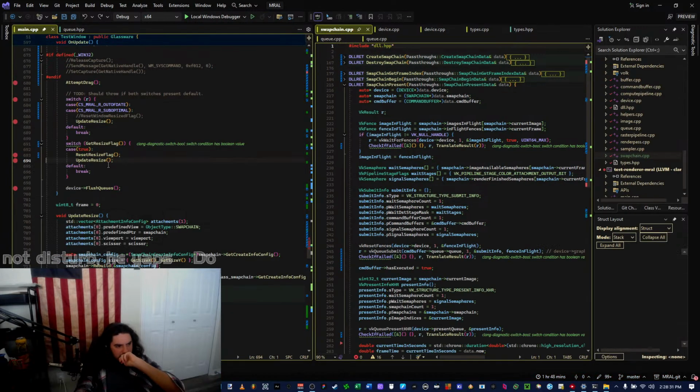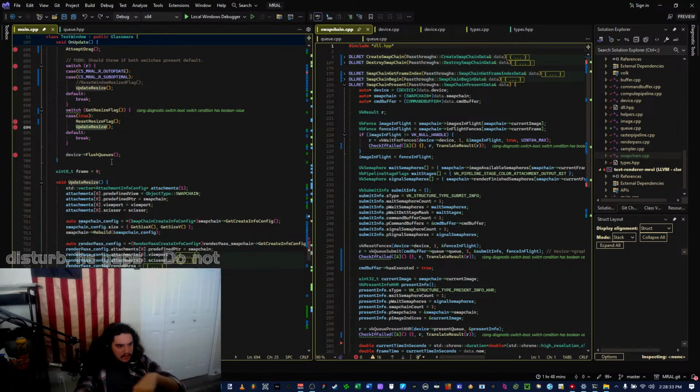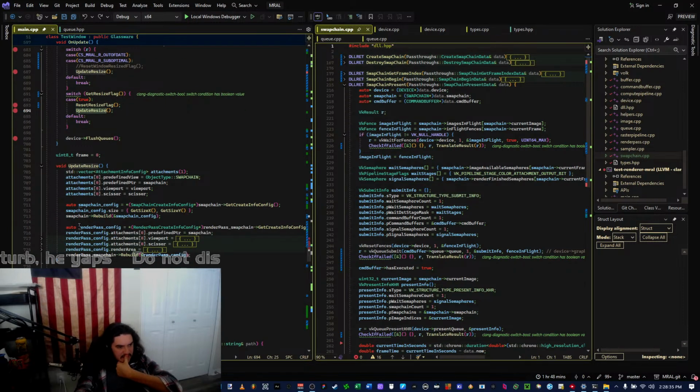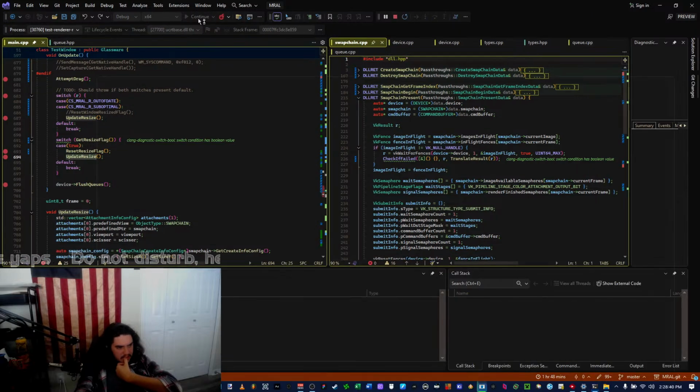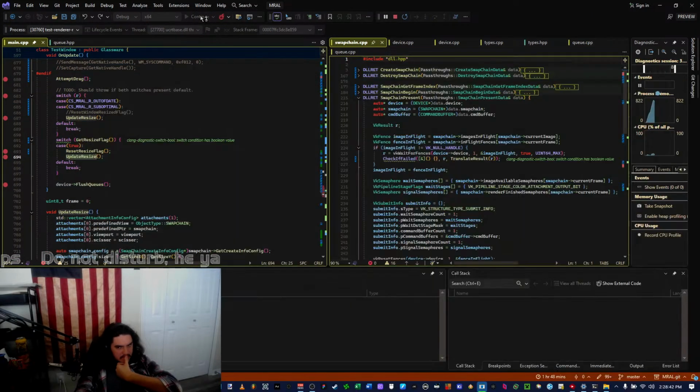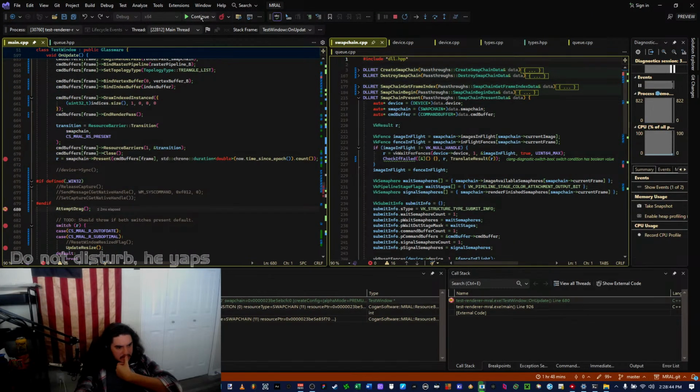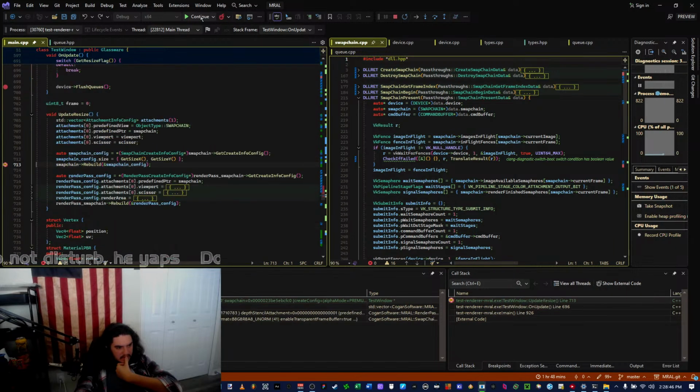Oh, it's not? So I can do frame rate limiting.